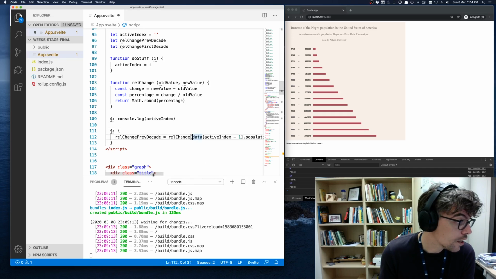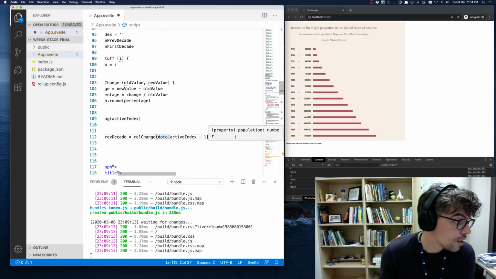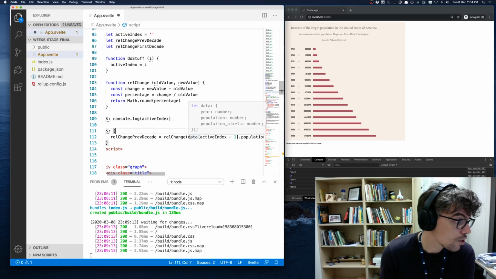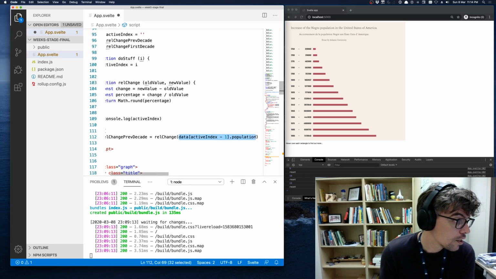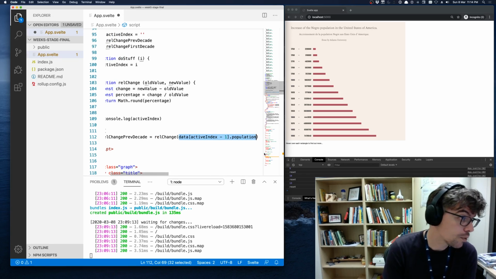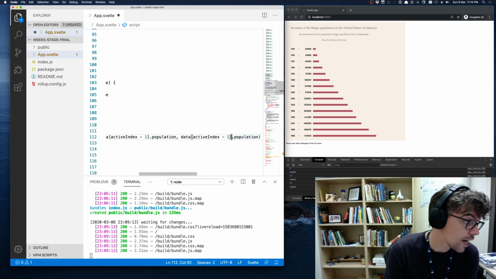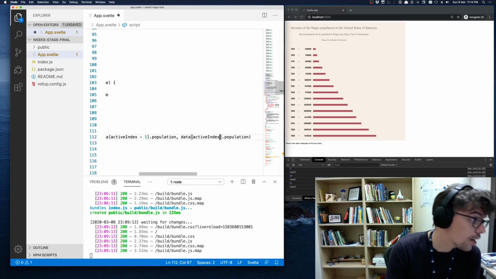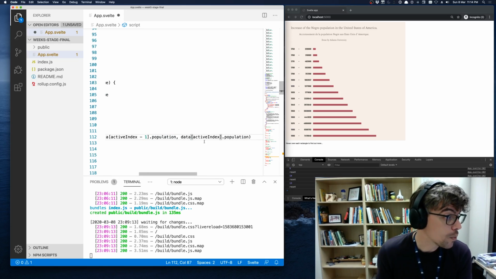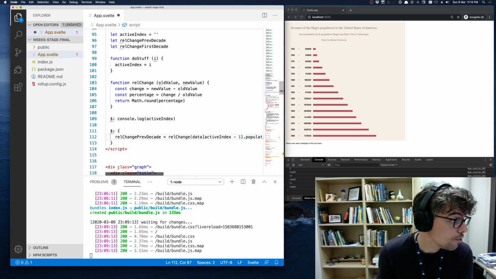And I'm just going to copy this, because we need a second argument, namely for the new value, and that's of course the current decade, so then we do not use the -1. So this, hopefully,